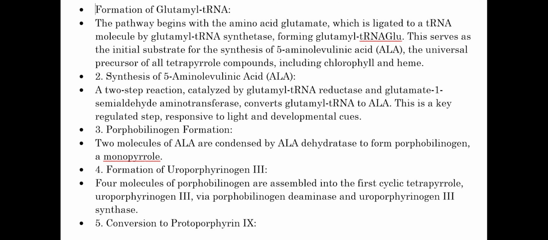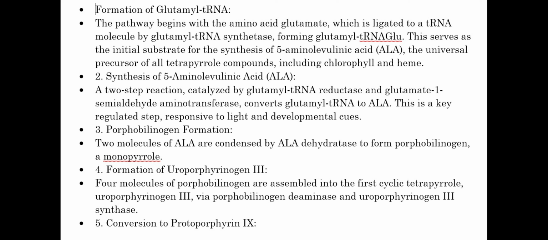This is the first thing, and I sort of understand what it's saying, is that you've got this transfer RNA, which is this little mechanism that hangs onto a glutamine, and it's ready to do the next step. And then you have the synthesis of 5-aminolevulinic acid, a two-step reaction catalyzed by glutamyl transfer RNA reductase and glutamate 1-semialdehyde aminotransferase that converts glutamyl transfer RNA to aminolevulinic acid. This is the key regulated step responsive to light and developmental cues. Then two molecules of aminolevulinic acid are condensed by a dehydratase to form porphobilinogen,